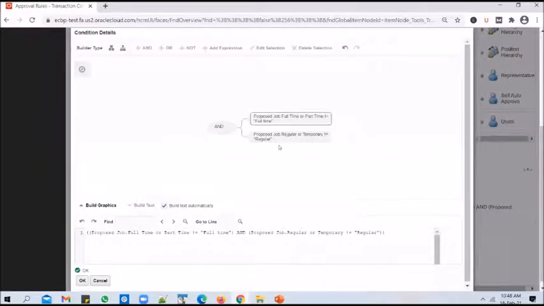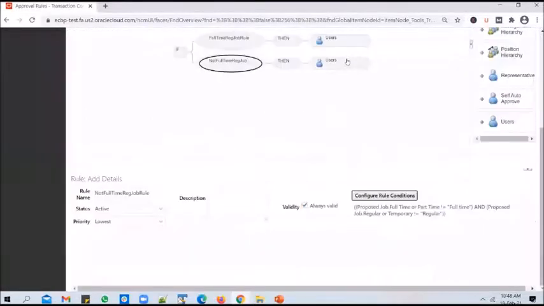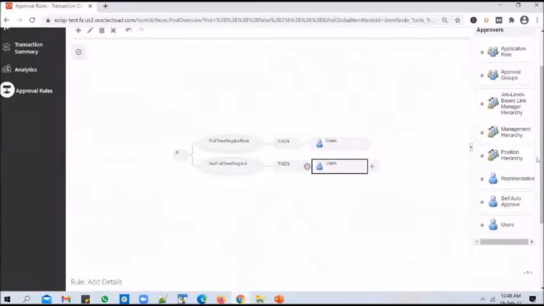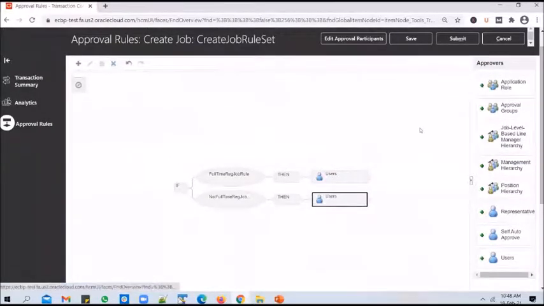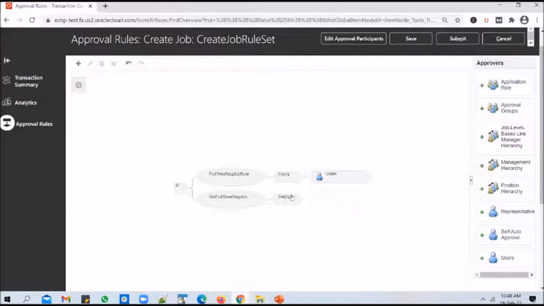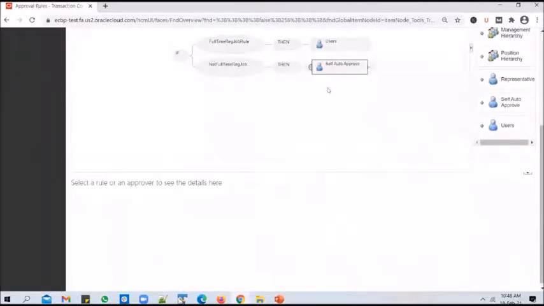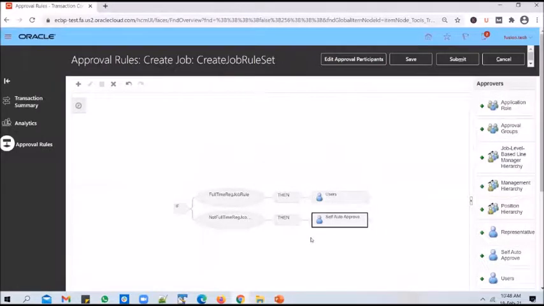So if the job is not a full-time regular job, then what do you want to do? You don't want to send it for approval. You don't want to send it to a specific user for approval. Instead, you want to auto-approve it. So you select the users and delete it. And you select this then clause and you add in the auto-approval option. So this self auto-approve means the request gets auto-approved. You don't have to configure anything.